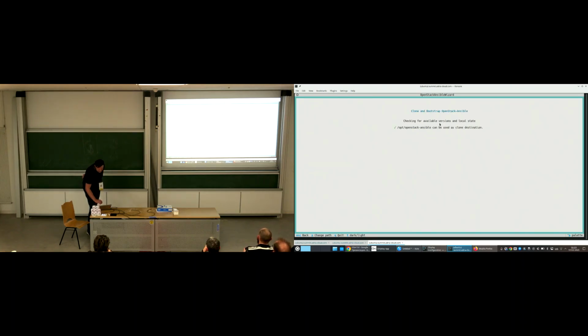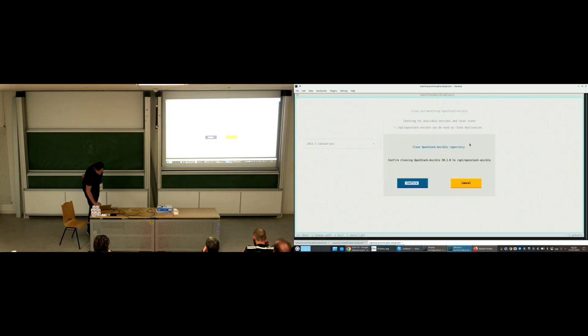So when you run bootstrap, you will be asked which OpenStack release you want. You select one, and you get different versions as input. So I want this version, and now let's install the repository. Let's confirm it. The clone process is running, and once it's finished, yeah, about now,